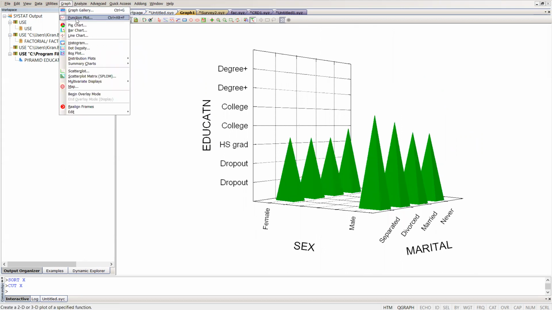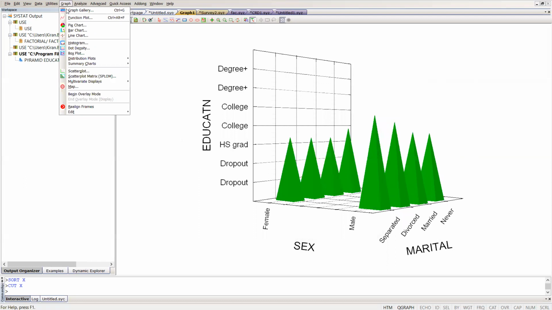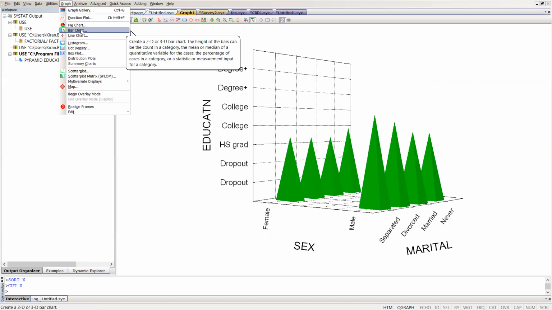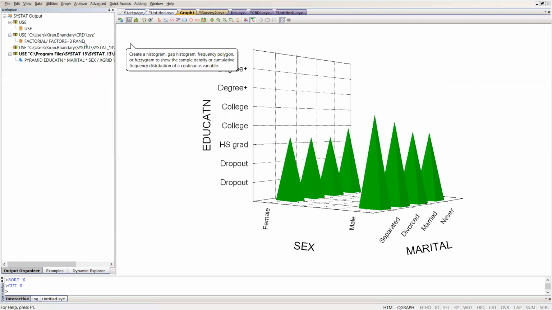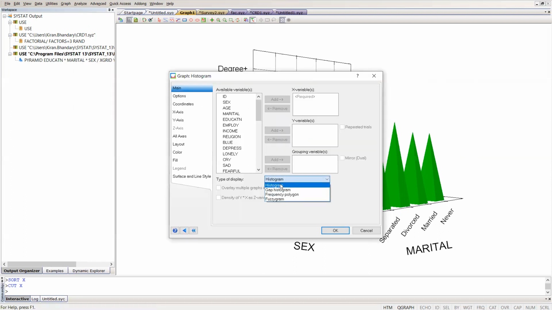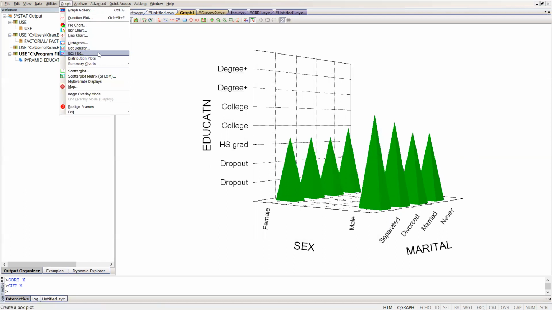You can generate graphs by writing the function also, and you can generate the pie chart, bar 2D, 3D bar chart, stacked bar charts, 3D bar chart for mean, median, count, and line 2D, 3D bar charts, line charts, and different types of histograms also you can generate, like gap histogram, frequency polygon, fuzzygram, and dot histogram also you can generate, and box plot, distribution plots like density function, probability plot, quantile plots, summary charts also you can